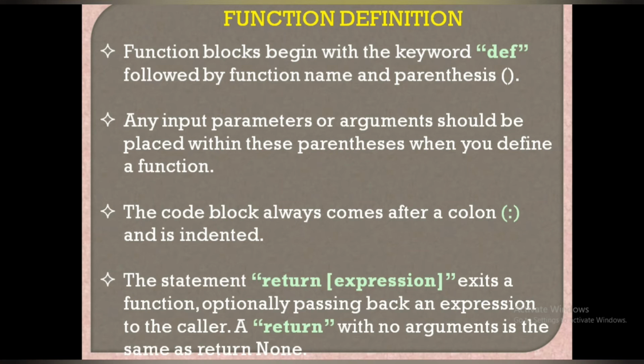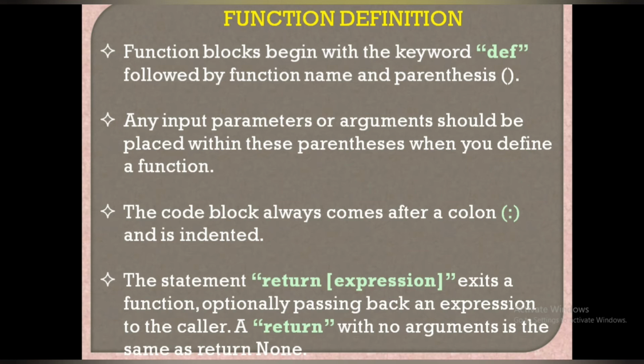For example, if you define a function, def is the keyword, then leave one space and write a function name. Now I am writing the function name fact. Then I put the parenthesis and write the parameter int a. After writing this I put a colon. After this colon you have to write the function definition statements. Whatever process you want to do, those processing statements you write after the colon.